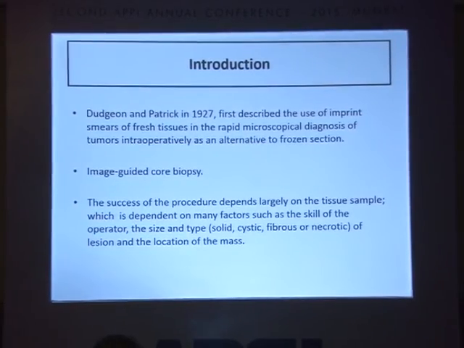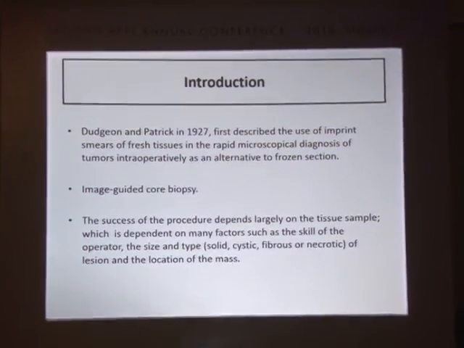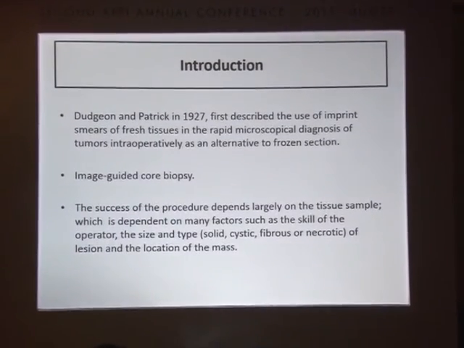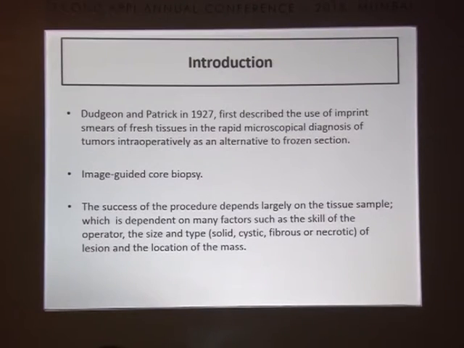Then imprint cytology is also used for lymph node biopsies. Previously, when immunohistochemistry was not there, markers were used and special stains were done, even at Tata Hospital. It's quite funny nowadays, with so many, you just saw a 15 panel flow cytometer and all, but those were the days when this was used. Now it is extended to image-guided core biopsy. Imprint or squash, these are the 2 different types of cytologies. I'll come to that later.